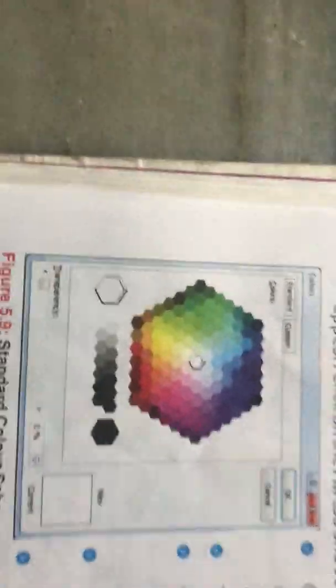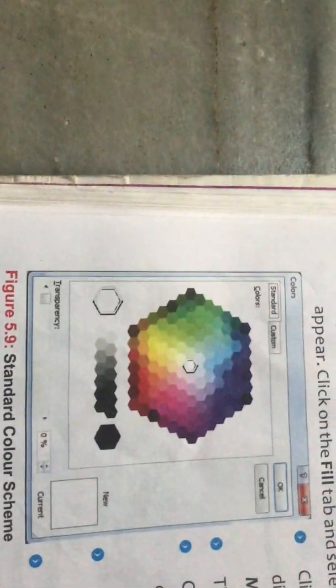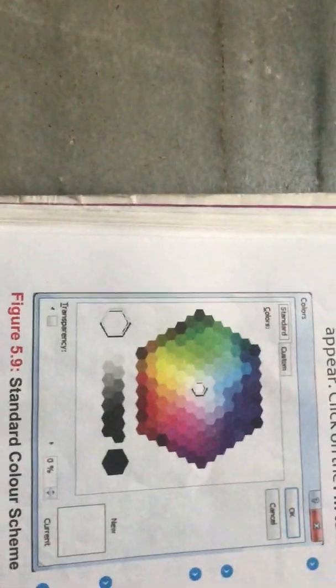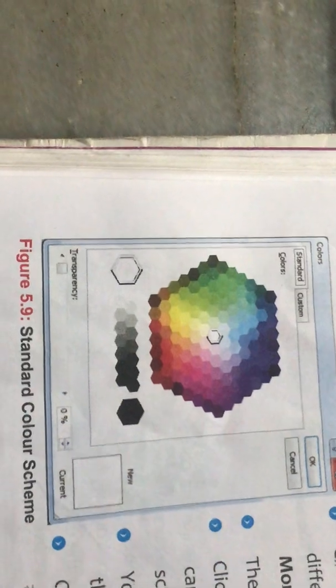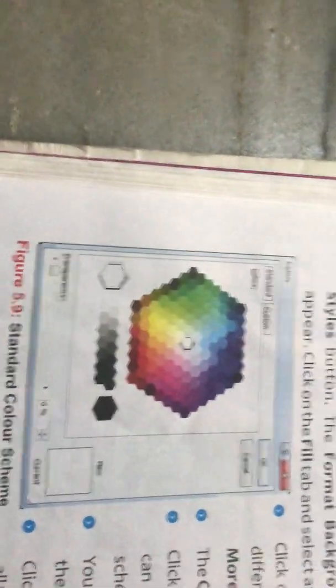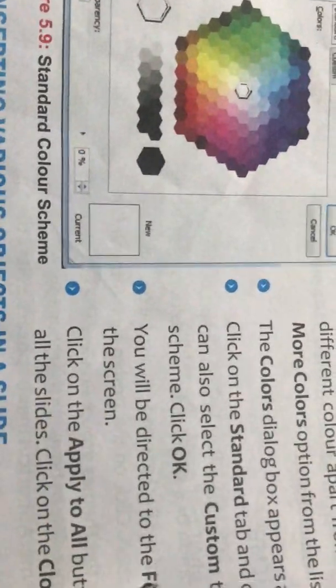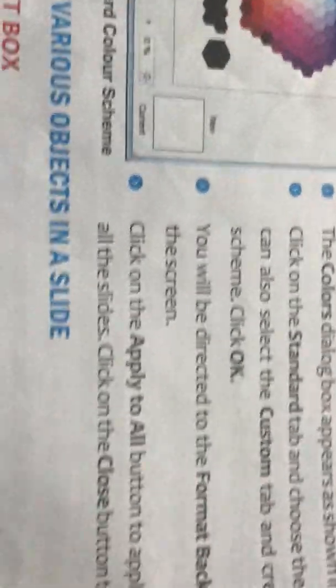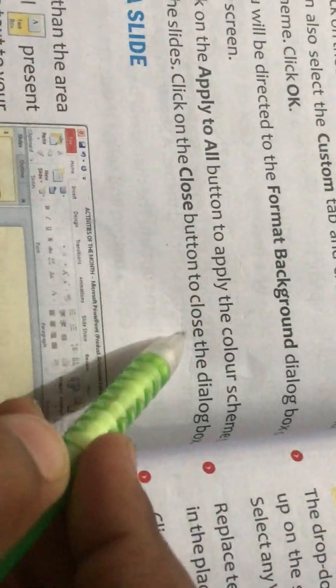See friends, this is the figure 5.9 standard color themes. You will be directed to the Format Background dialog box on the screen. Click on the Apply to All button to apply the color scheme to all the slides. Click on the Close button to close the dialog box.